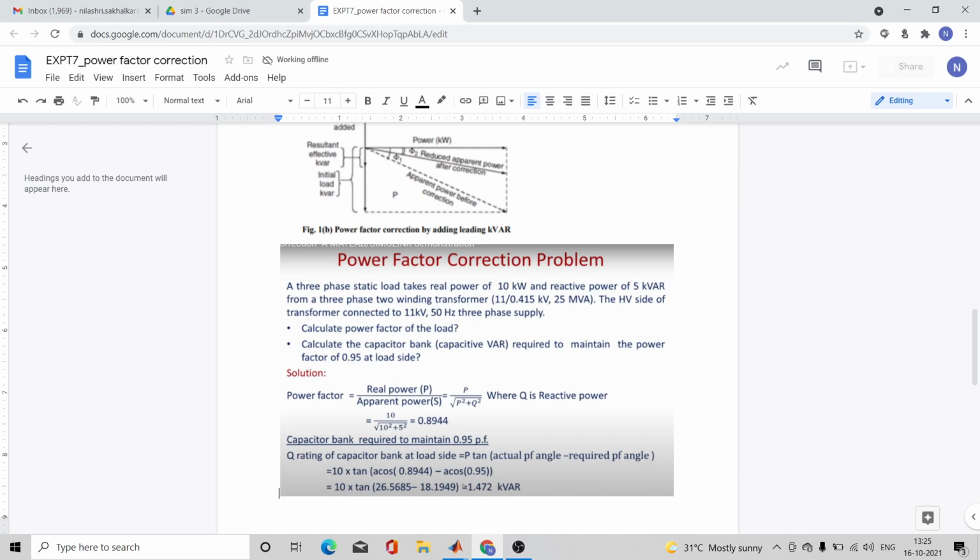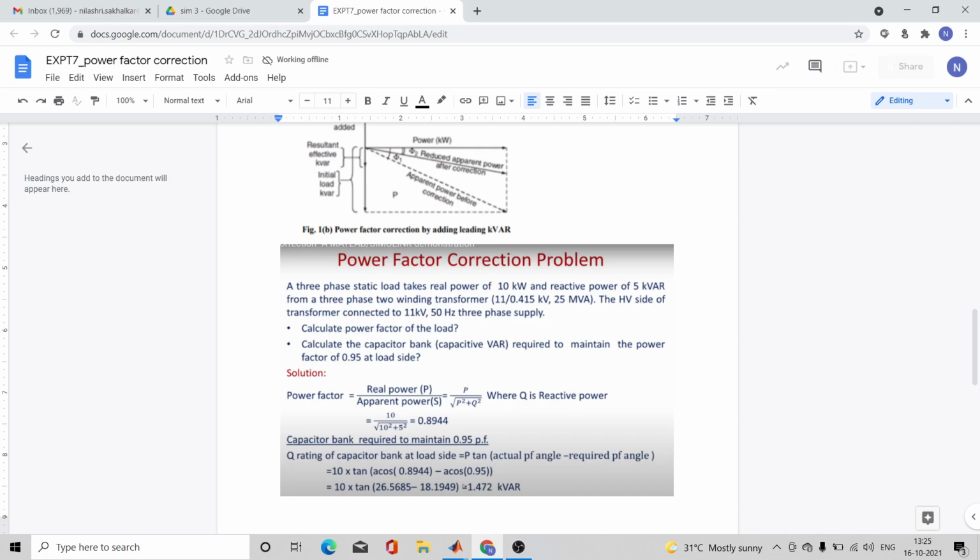So you have a supply of 11 kV 50 hertz, then a step down transformer, then a load.